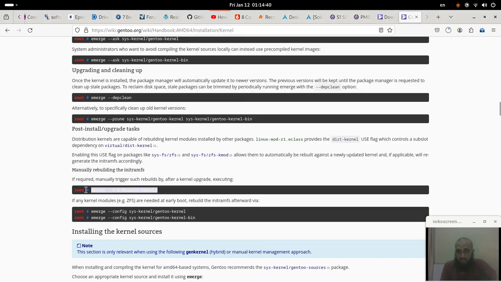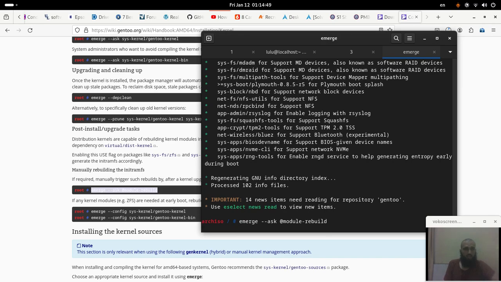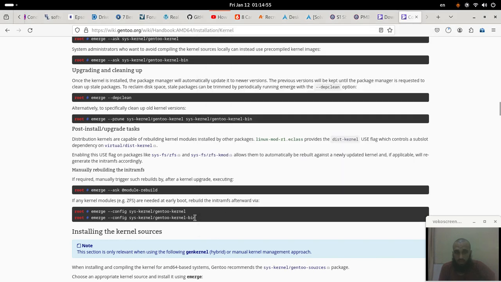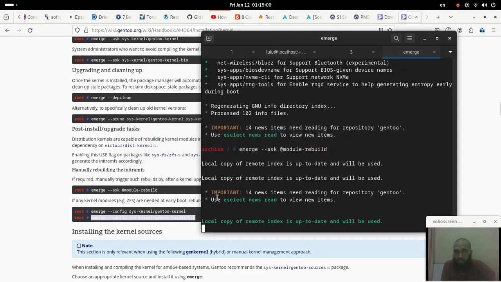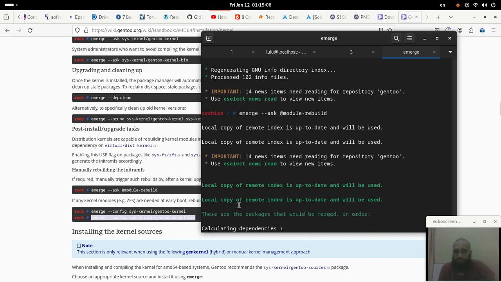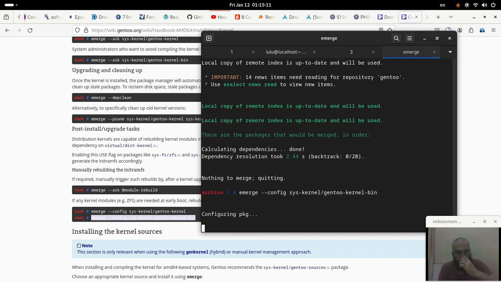We can run this command if you want. We usually run that command when we update some packages that are having extra modules for the kernel, just like we did in solving some errors. But I guess it's not needed so far. I don't need to do it. Yes. Now we run this command